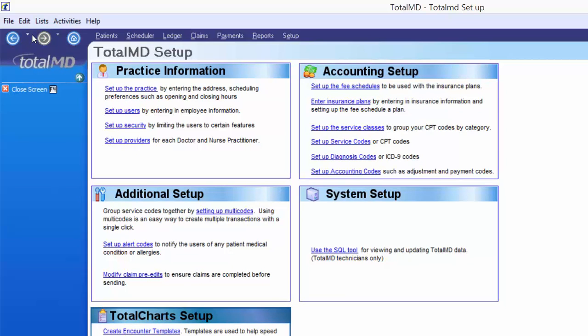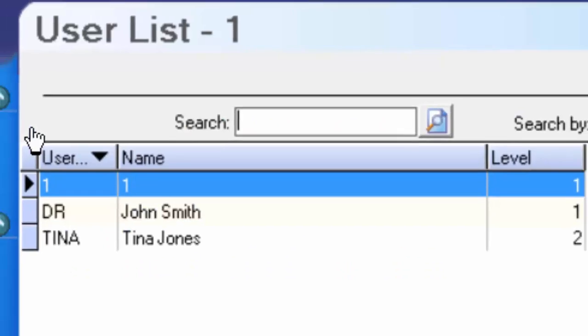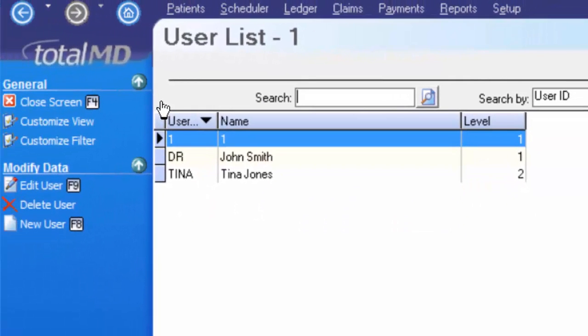Next in our setup, we're going to take a look at setting up users for the program. It's important to set up users so that your patient's data is secured with a username and a password, and you know what staff members are making what changes. You can find out which staff did what by running an audit trail report in our report section of the system. I'm going to go ahead and click Setup Users,